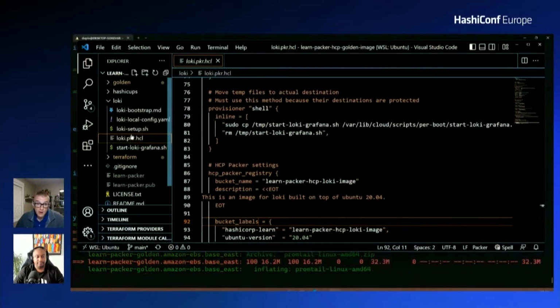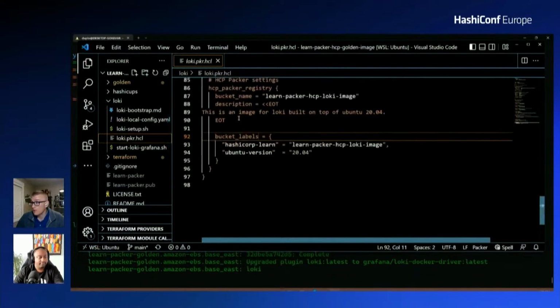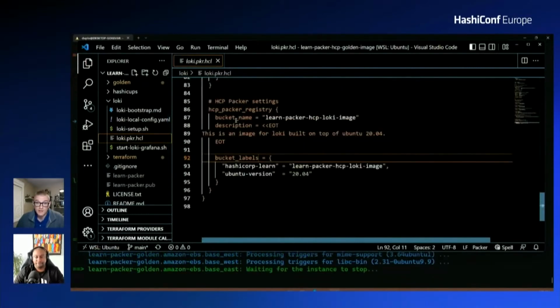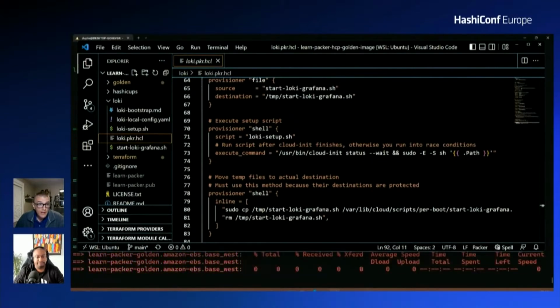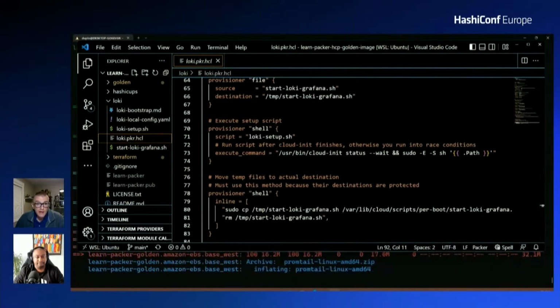The loki.pkr.hcl is the Packer template that ties all of these other files together. Here I can see that it creates a Loki image from an Ubuntu 20.04 base image, and it will add the necessary configuration files and scripts and commits that information to the HCP Packer registry. Okay, we can see that our build is still going in the background. So while we are waiting for that, I'll go ahead and review some of the